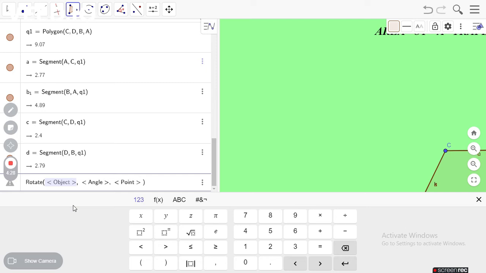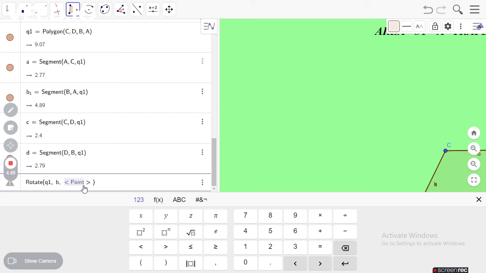Select that one. In the place of object, we will write Q1, because we took the polygon tool and we highlighted all the points. In the place of angle, we will write small b, because our slider name is b.